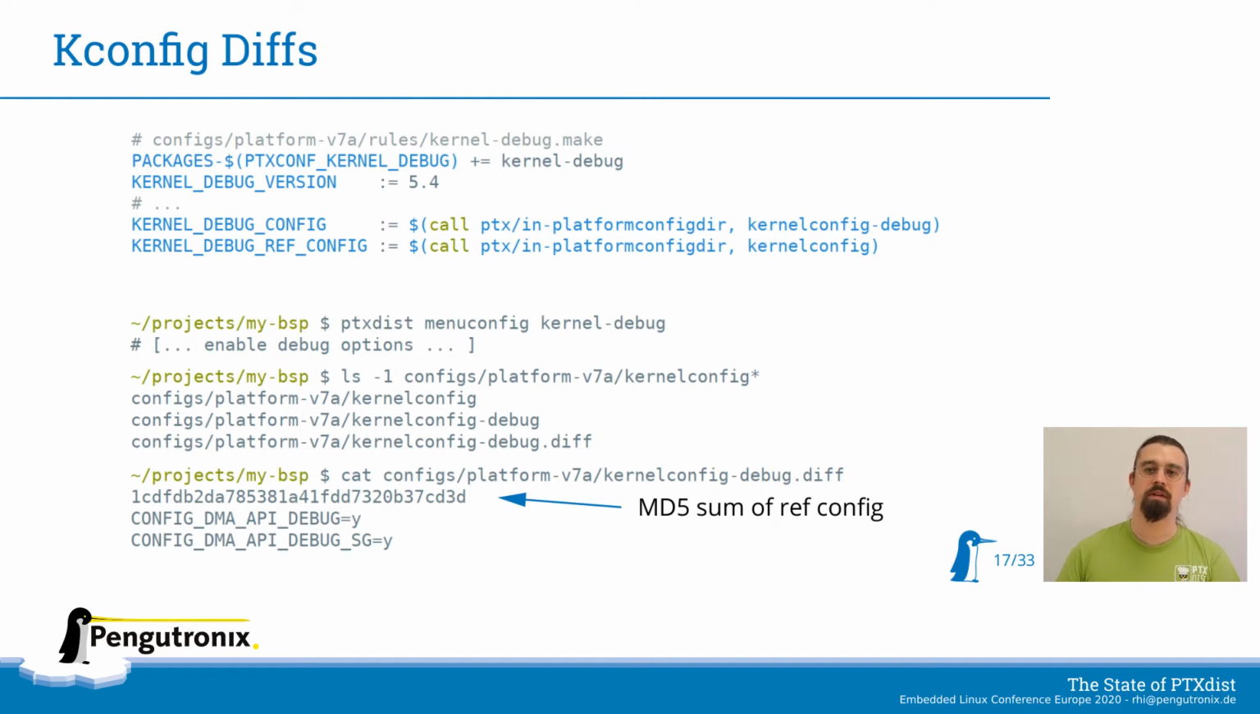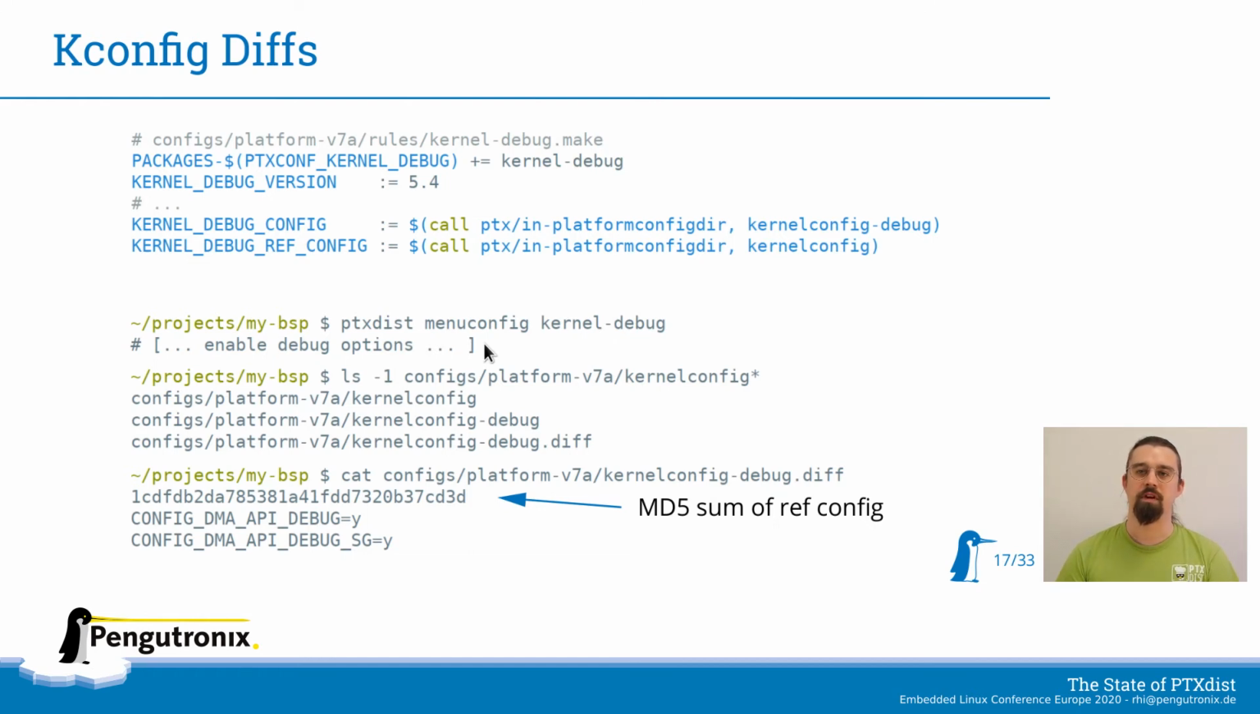So you have a different kernel package in your project. Then you can set in your kernel package this ref config to the config from your release kernel, and the other line here, underscore config, tells PTXdist which config to use for the debug kernel itself. So then you would go and